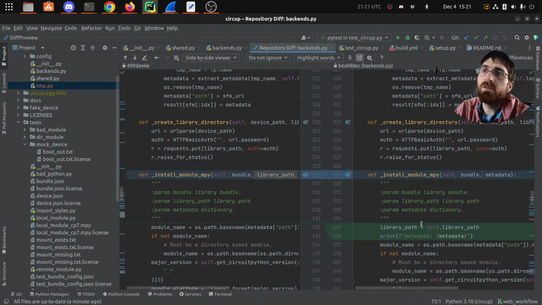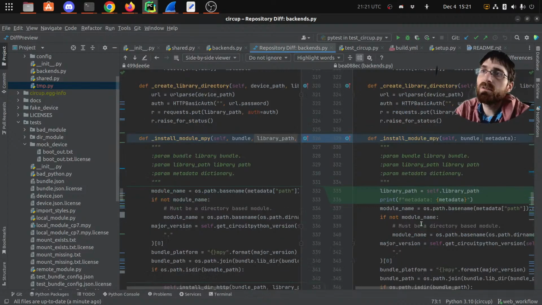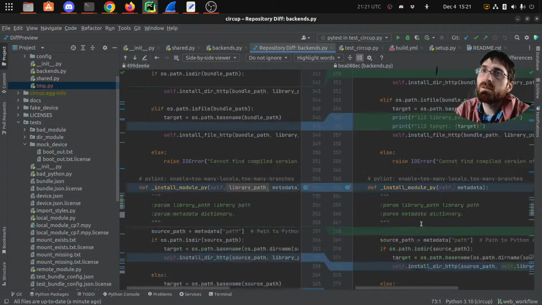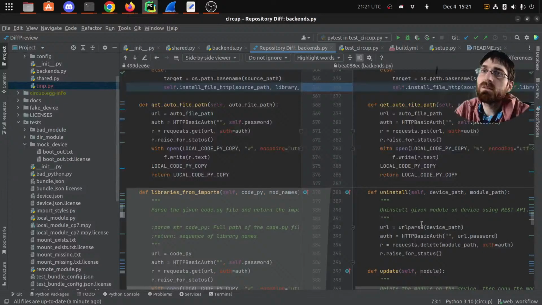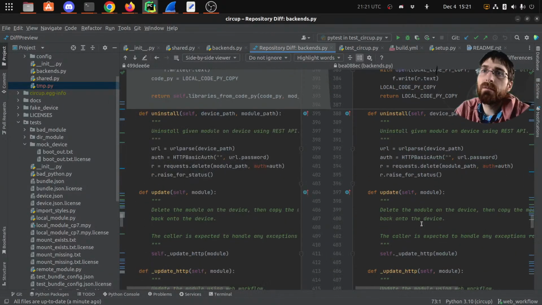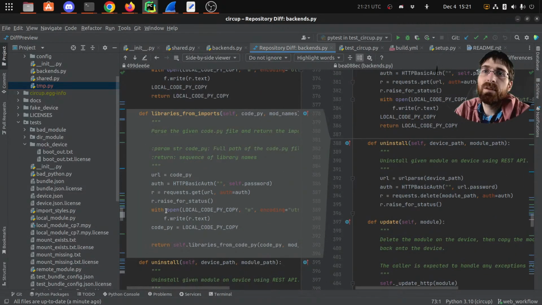Maybe it moved over into an init. That could be. Yeah. The libraries